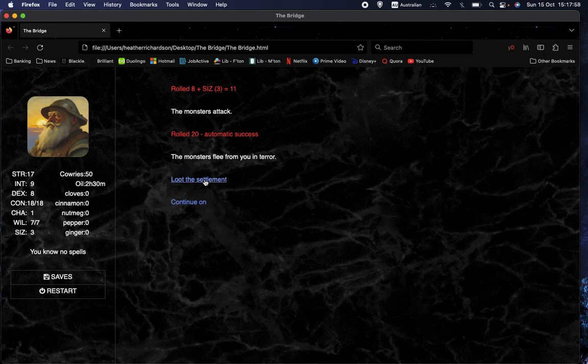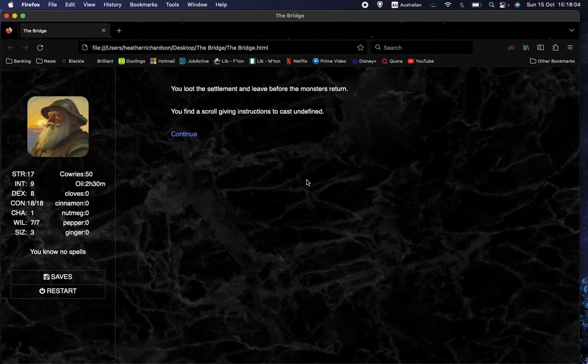Well, let's be a typical tabletop role player and loot the settlement. You leave the settlement. Okay, so there you go. You find a scroll giving instructions to cast Undefined. So that is an example of